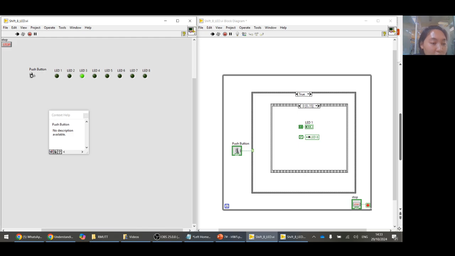And then if the vertical toggle switch moves down, I will make it move down, and then the process will stop until the last LED. And then if I move up again the push button, it will start again from LED 1. And then if I click the stop button in here, it's also